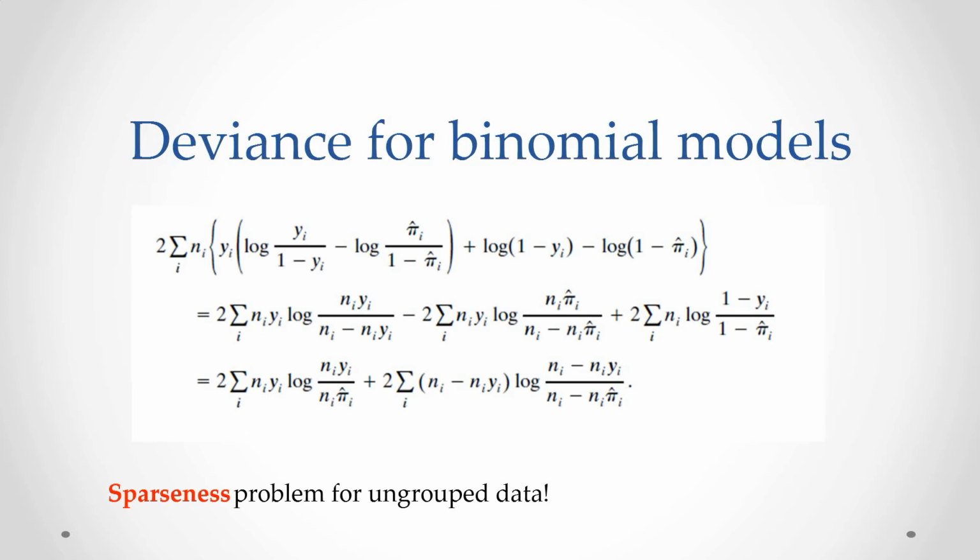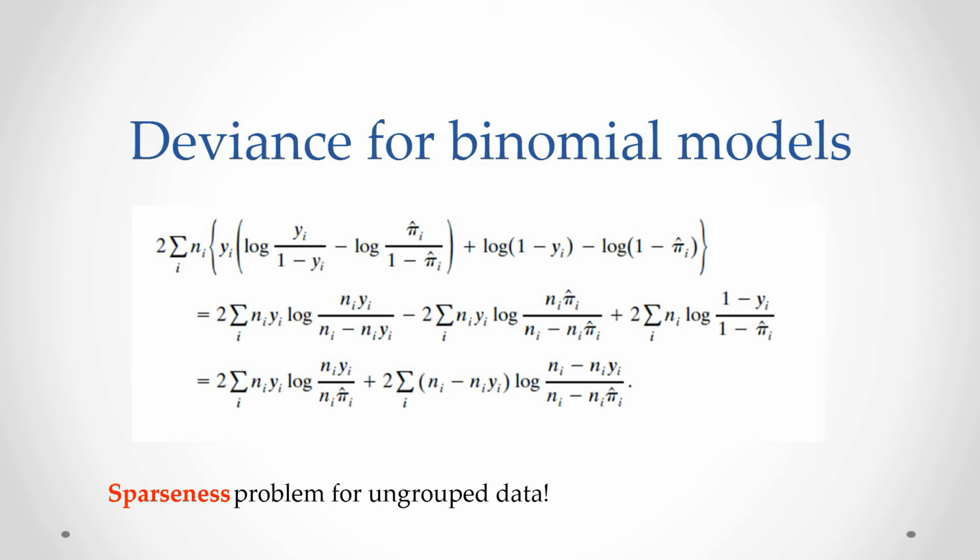The deviance for the binomial model is given by twice the summation over i of n_i times y_i log of y_i over 1 minus y_i, minus log of pi_i hat over 1 minus pi_i hat, plus log of 1 minus y_i, minus log of 1 minus pi_i hat. So pi_i hat, of course, refers to my fitted model, and the remaining two terms are from the saturated